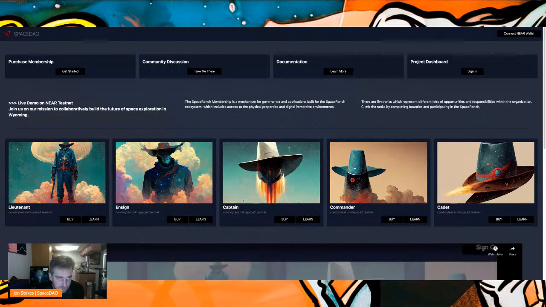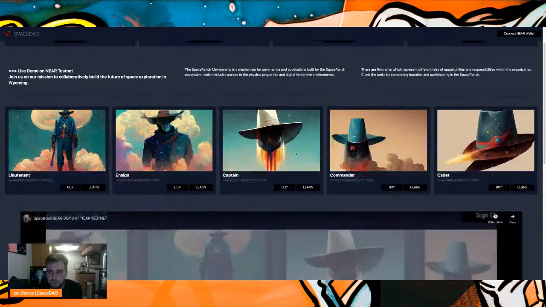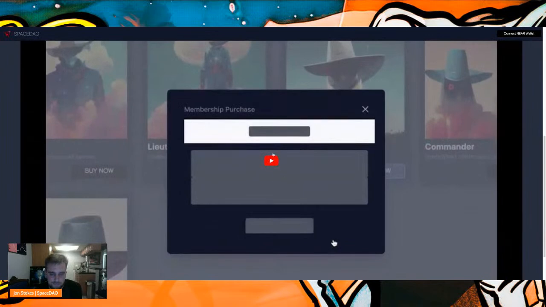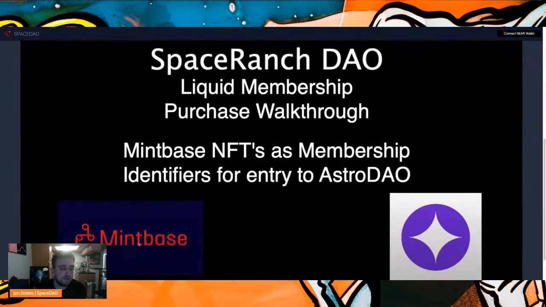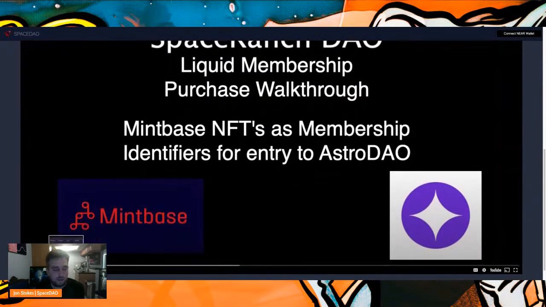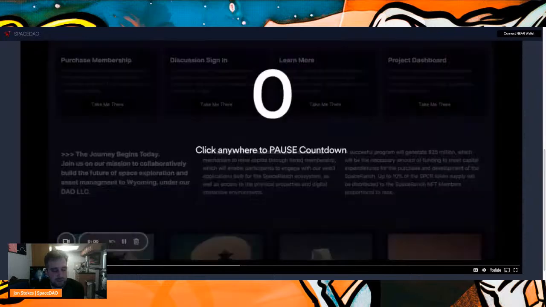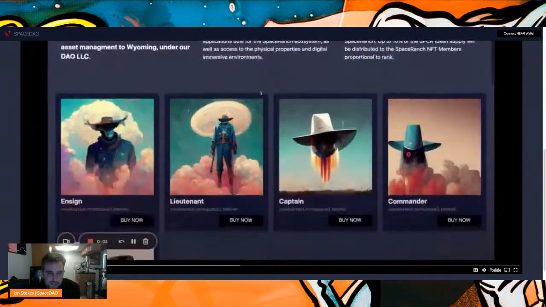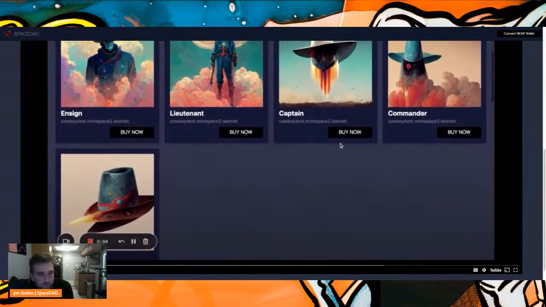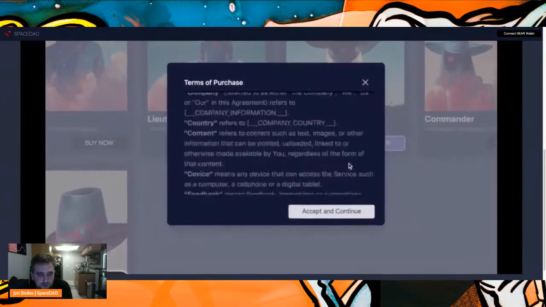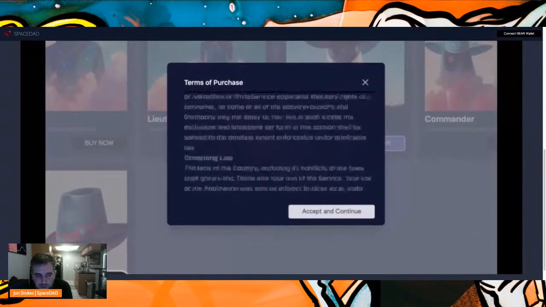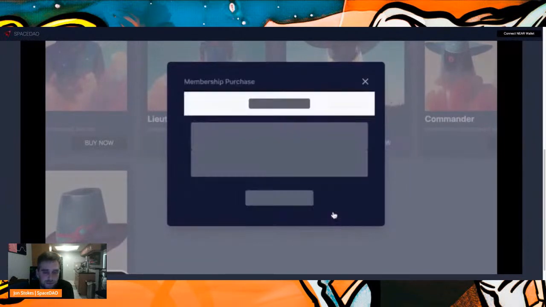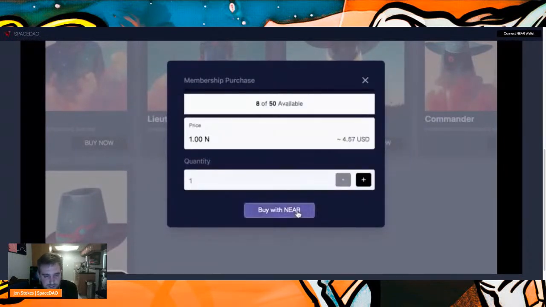Let's go through the demo real quick, and then we can expand on that. This takes you through the transaction life cycle for purchasing one of our memberships, and these memberships correspond with different ranks within the organization.